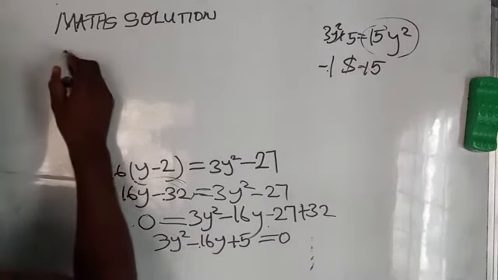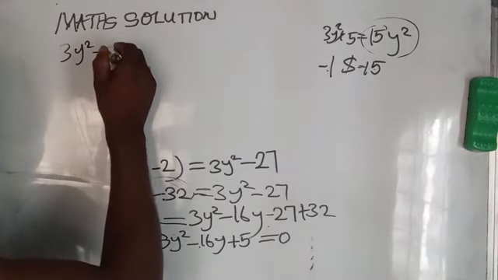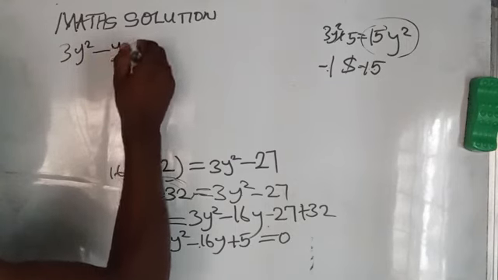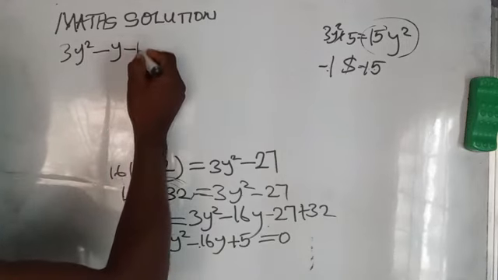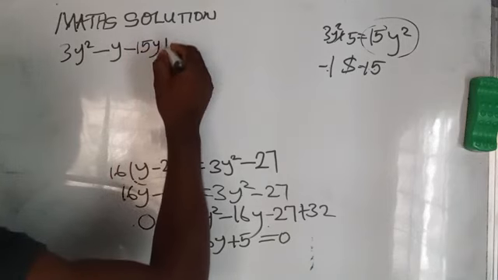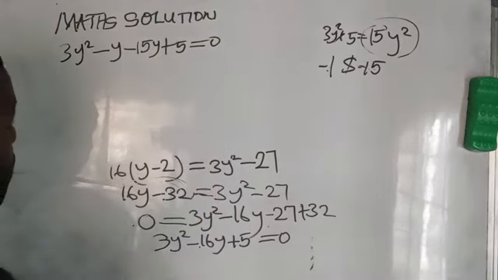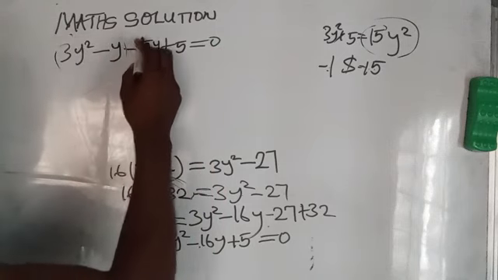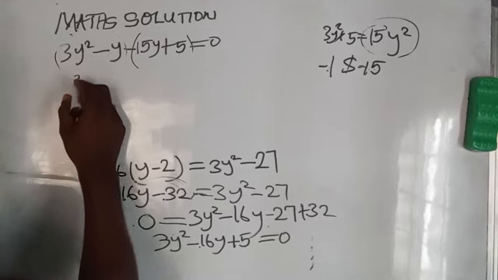So you repeat this: 3y squared minus y minus, because 1y is the same as y, right? Minus 15y, then plus 5 equal to 0. So now you have this and you have this. Okay? So from here you have